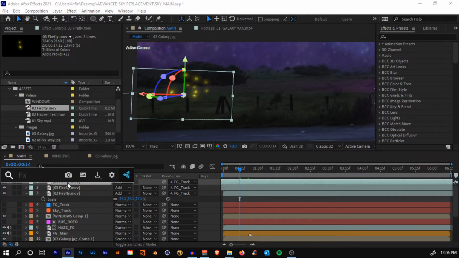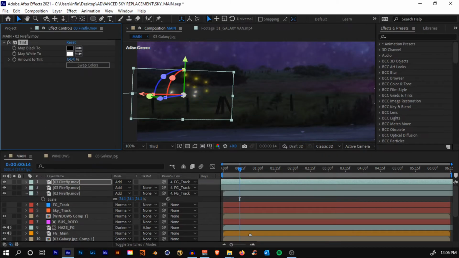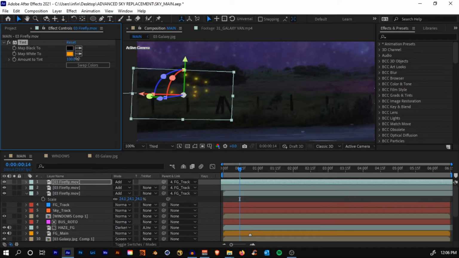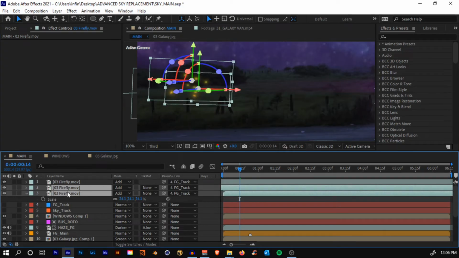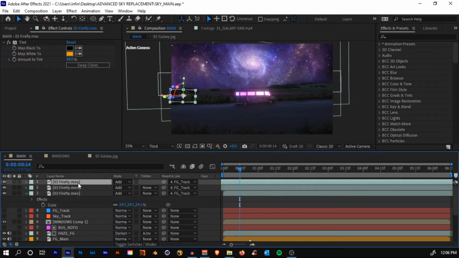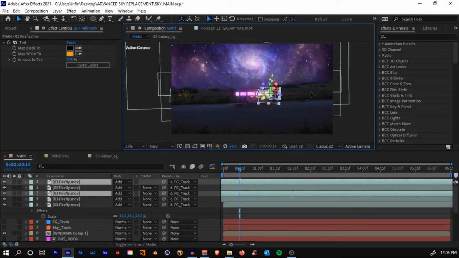So you can add in an effect like tint, and you can just tint them down if their saturation is too much, or just change the color to something more like orange. So just map white to orange and just tint them. Hit Ctrl C and just copy paste it, Ctrl V on the other layer. And what you can do is just hit Ctrl D on these two and just get it on the side.